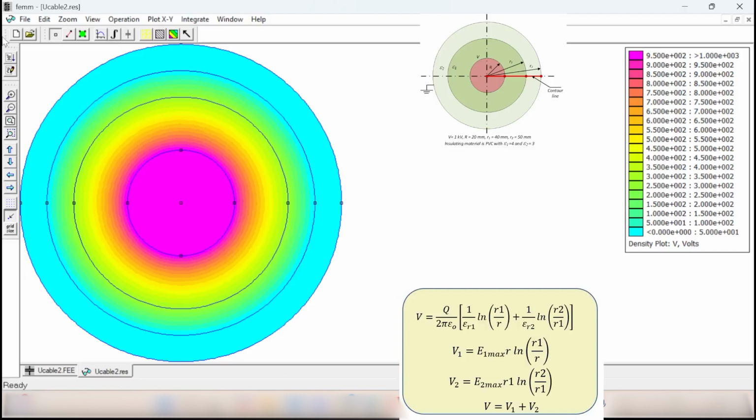As we can see here, we have the voltage changing from 1000 volt down to 0 volt. But what is the voltage of layer number 1? What is the voltage of layer number 2? So I need to measure the voltage of this point. I'll make sure it's snap to grid. I'm going to click View, Point Props, and click on this point. So that one is